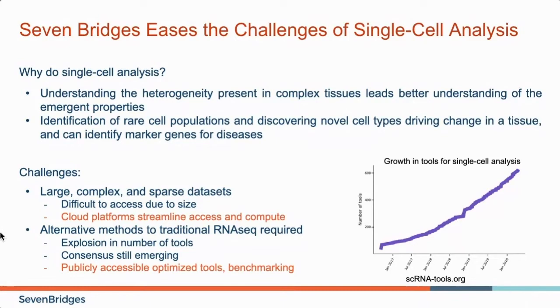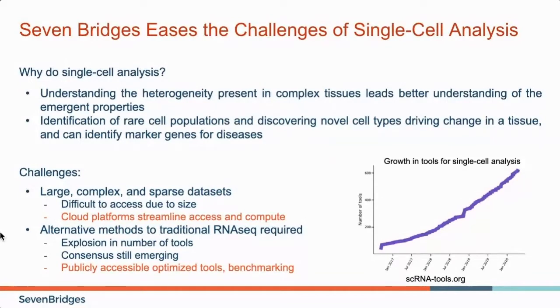However, as the pace of single-cell research has exploded, there continue to be lots of challenges with them. One of the primary challenges is, as I mentioned earlier, the data sets can be huge and very complex. So millions of data points, each of which is a whole transcriptome, a whole genome, et cetera. And this can make it really difficult to access and compute on these data sets. And that's where Seven Bridges can really help a lot by keeping the data in the cloud and the analyses in the cloud. We make it really easy for anybody to be able to access and compute on these